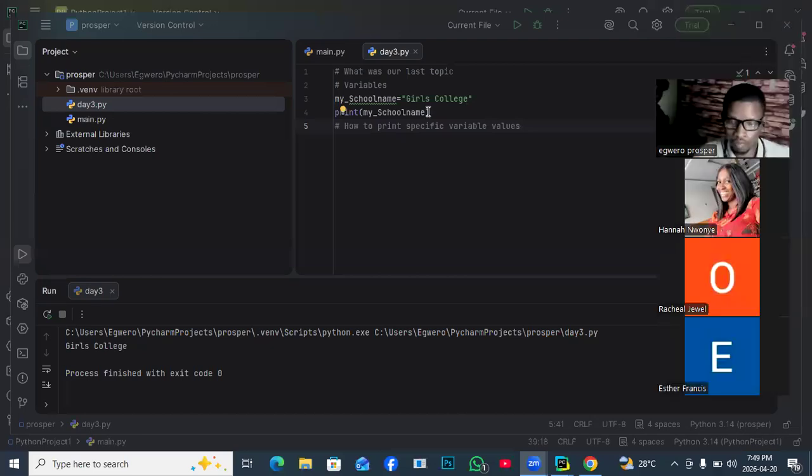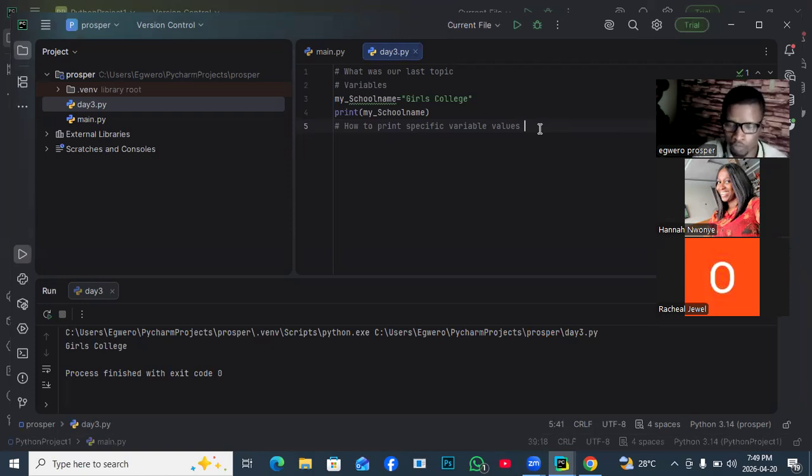Like I was saying, I was trying to recap some of the things we did last time before we look at what I have for us tonight. We also looked at how to print a specific variable's value using the concept called indexing. I hope you can still remember this indexing, where I told us that